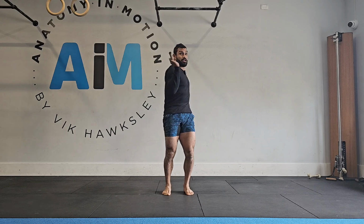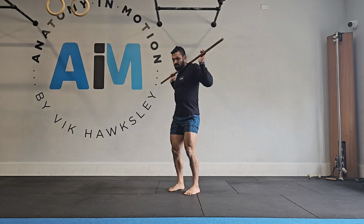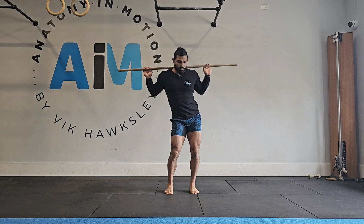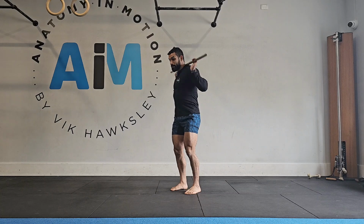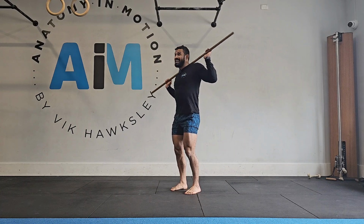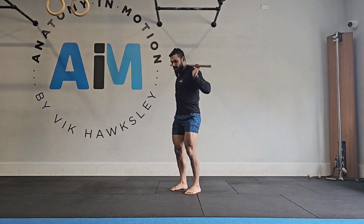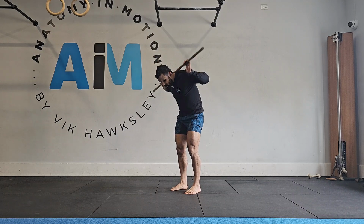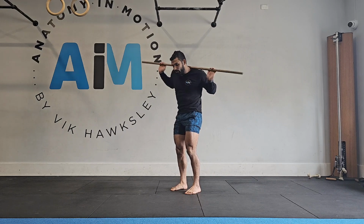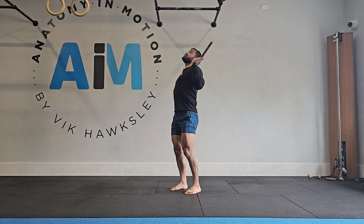From here, the next thing we're going to do is swim forwards. What that looks like is we're going to make small circular motions from our ribs, okay? So try to avoid moving the hips. We just want to move the upstairs. We can start to tuck the chin in, slowly extend the upper back. What I mean by that is looking up. So we do want to move forwards and backwards from the spine, but we're also going up and down a little bit. Now you can play with big circles, you can play with small circles, whatever makes you